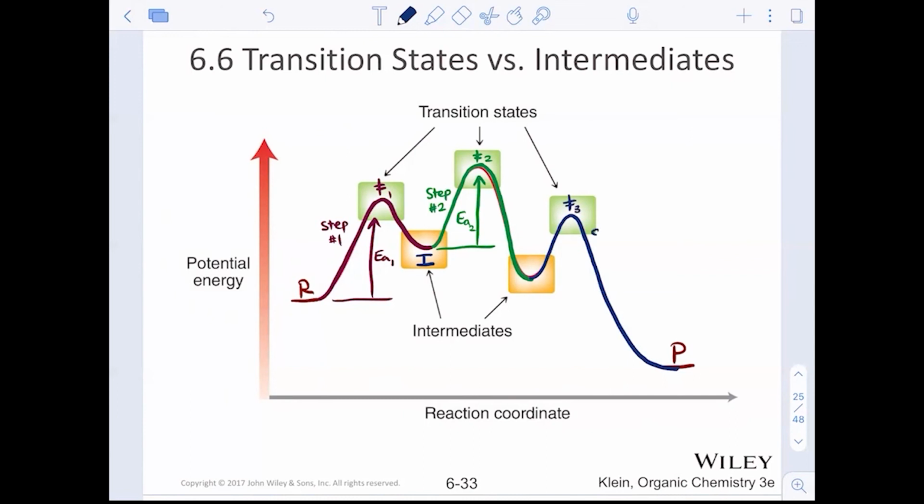We'll call this step 3, this final step. It also has an activation energy, right? And it comes from an intermediate and goes to a product. So there are 2 intermediates here, 3 steps or 3 transition states, reactants, and products. What we are going to be able to do is look at a reaction coordinate diagram for specific reactions and be able to identify an intermediate or a product or a transition